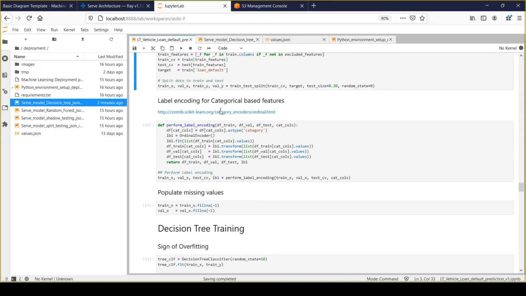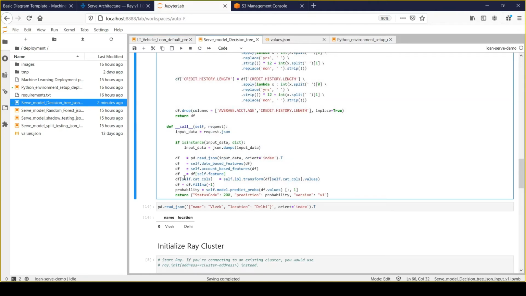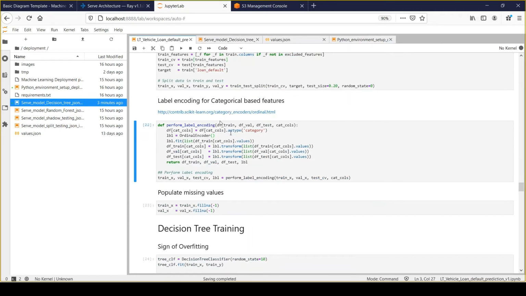For label encoding, we take the label encoder which we trained on the training data, and apply the same label encoder at the time of inference. That's exactly what we have done here. Then next, we are imputing the null values. If we get any null value, we replace it with -1. That's what we have done as the next step.